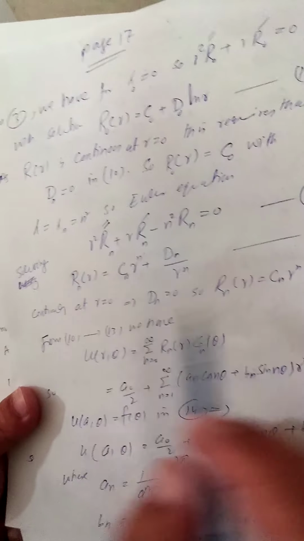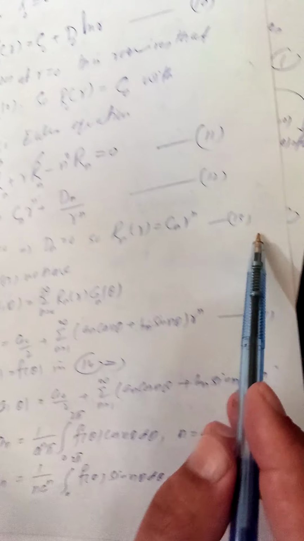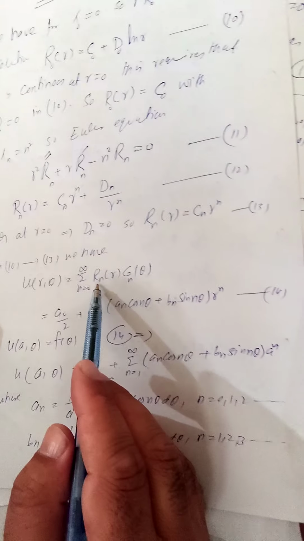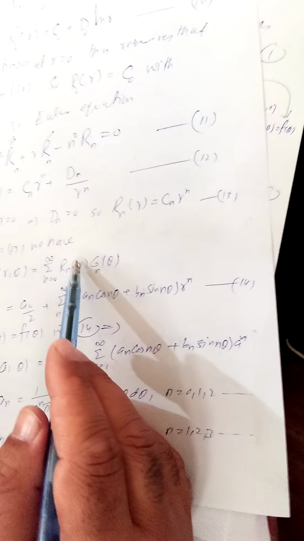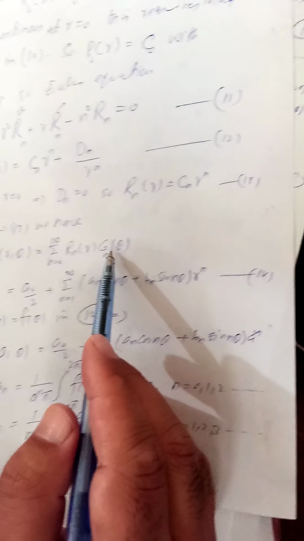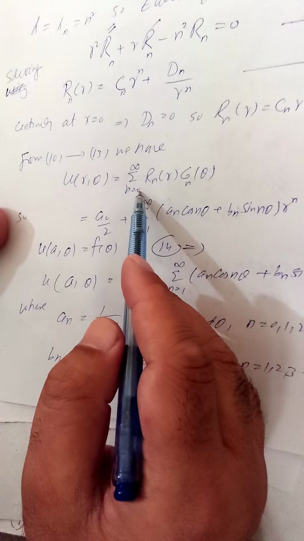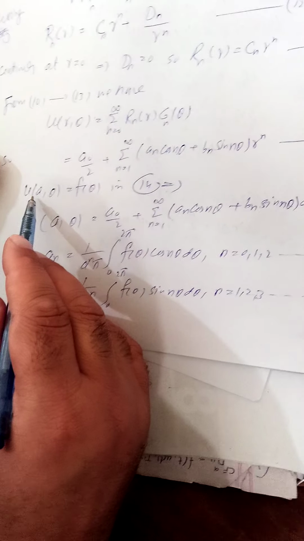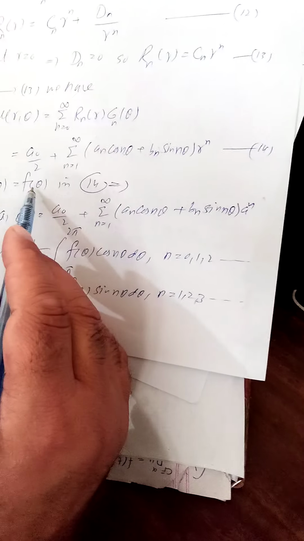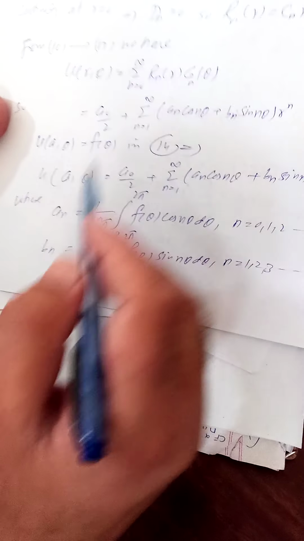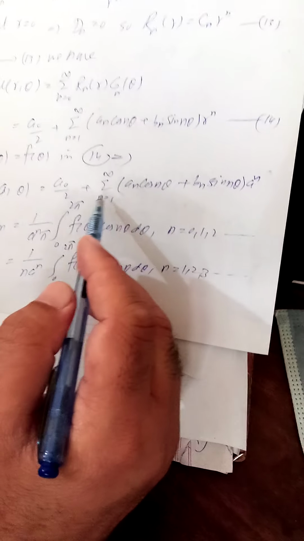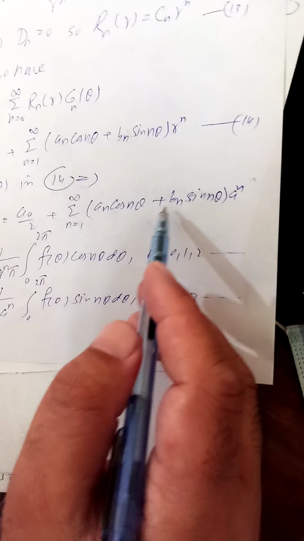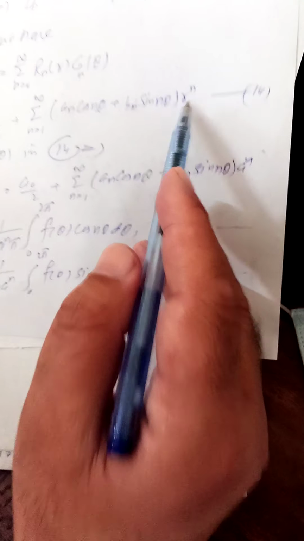This is 13. Now from 10 and 13, we have u of r, theta equal to R n of r times G n of theta. Putting these functions and expanding the series, for n equal to 0 this becomes a naught by 2 plus sum from n equal to 1 to infinity of a n cos n theta plus b n sin n theta times r to the n. Now you know that u at a, theta is equal to f of theta. This is a non-homogeneous boundary condition. Putting r equal to a in 14,